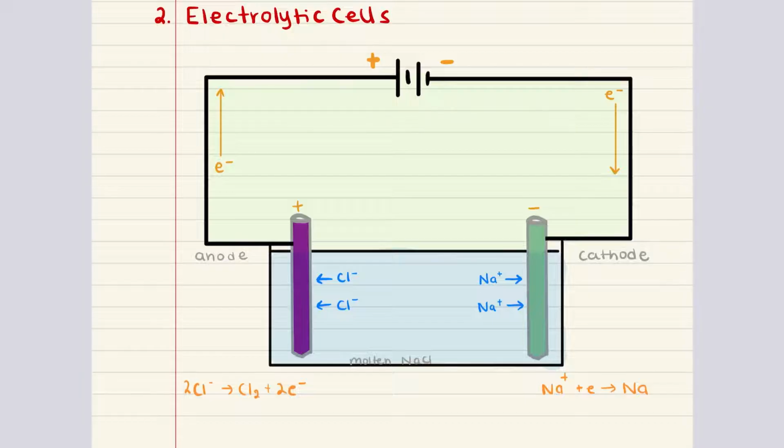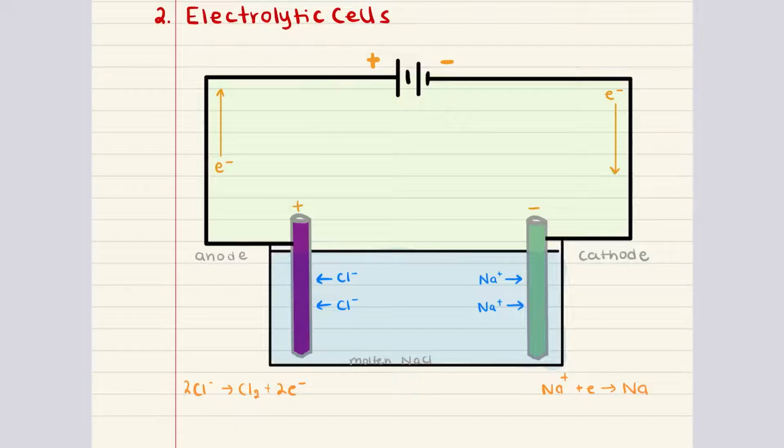Now, as an example, let us look at the electrolysis of molten sodium chloride. This is a fundamental industrial process that's used to produce sodium metal and chlorine gas. This process occurs in an electrolytic cell where an external power source drives the non-spontaneous reactions. In this process, molten sodium chloride serves as the electrolyte. When sodium chloride is in its molten state, it dissociates into sodium ions and chloride ions. An external power source like a battery provides the necessary energy to drive the